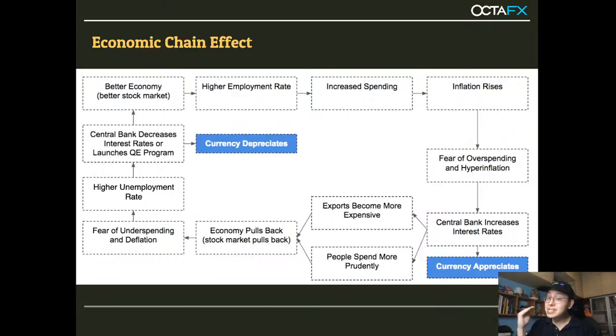Now, if this starts to happen, and as a central bank I don't control this, then what will happen? Everyone starts to increase prices, then again, back to your coffee, right? Today 2.50, tomorrow 3, the next day 5, and then 10 ringgit. Then everyone will suffer. So there's this fear of overspending and hyperinflation. So the bank, right now, I have a KPI. I need to come in and ensure that inflation is controlled, 2%, right? So I need to use some of the tools that I have. So what will happen? The central bank will increase the interest rate.